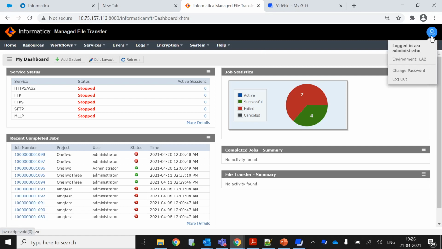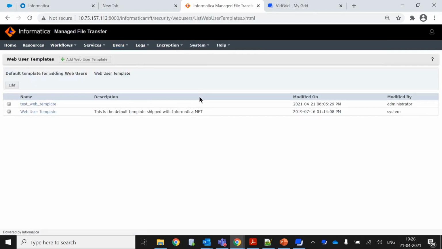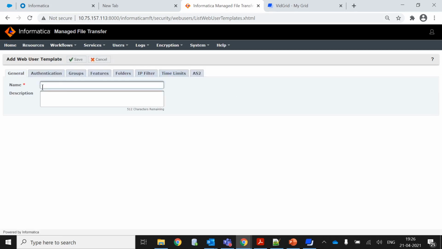First, you have to log in as an admin user. Once you have logged in as an admin user, you have to go to the users account, and after that you have to select web user templates. Once you have selected web user templates, there is a button which shows like add web user template. You have to choose this add button, and here you have to add your name, for an example, let me add test